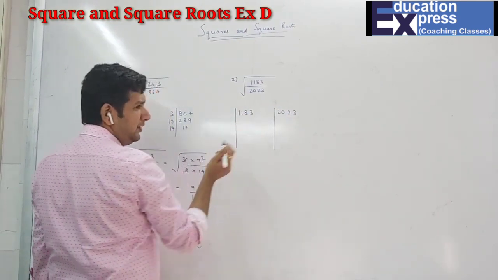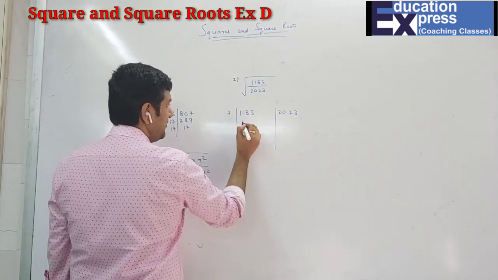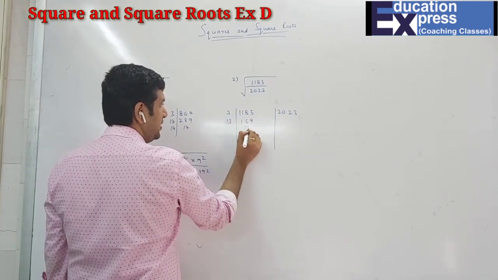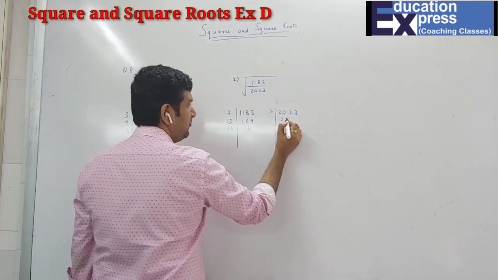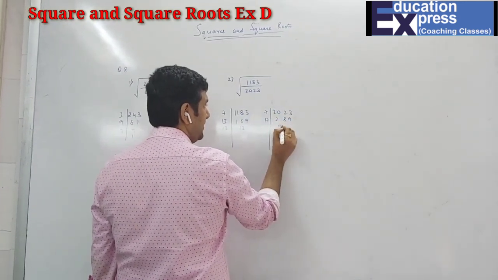Okay, it doesn't go in the 3 table. Now 7. 7 ones are 7, 7 sixes are 42, 7 nines are 63, and then 13 plus square. So obviously, as you know, it's 7. Here also, we are going in the 7 table only. So 7 twos are 14, 7 eights are 56, 7 nines are 63, and then again 17 plus square.